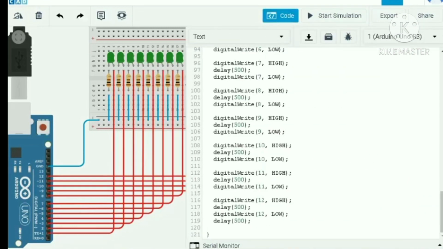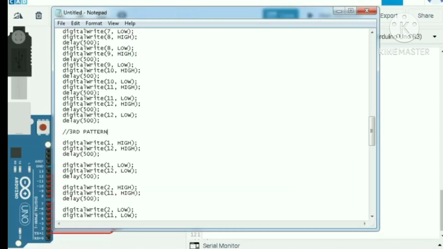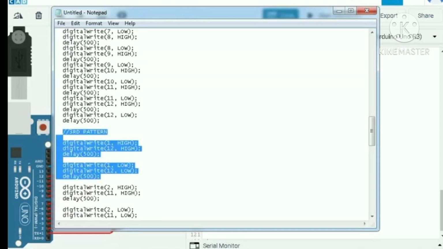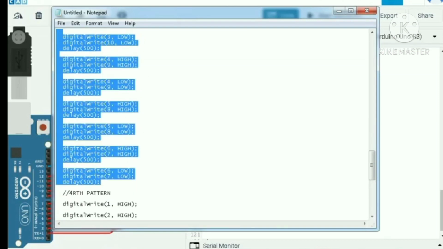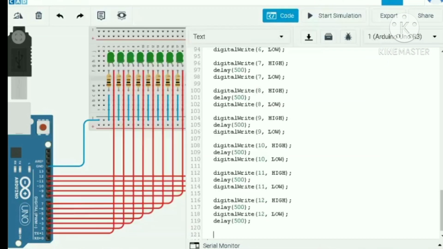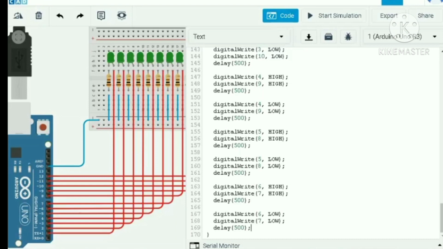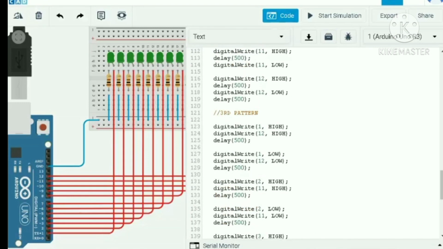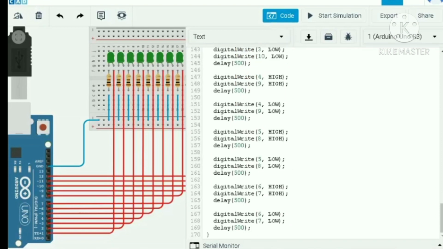And now let's move on to pattern 3. I'm almost done. This is the most awaited part. In the third pattern, I will copy my third pattern. So that's my code in the third pattern. So the digital write 1 high and together with 12 high, which means